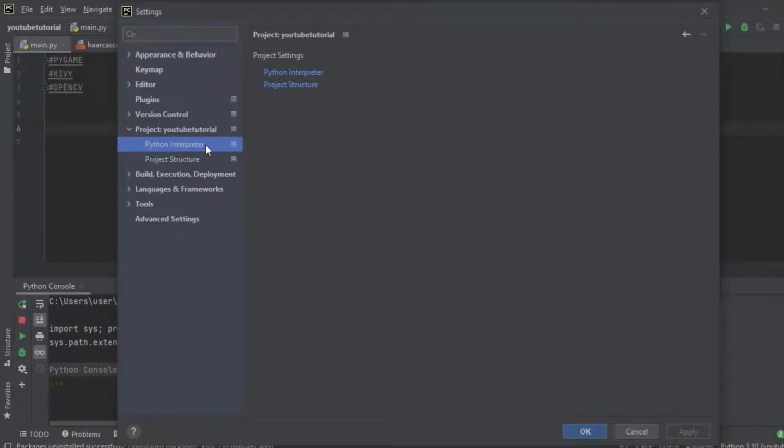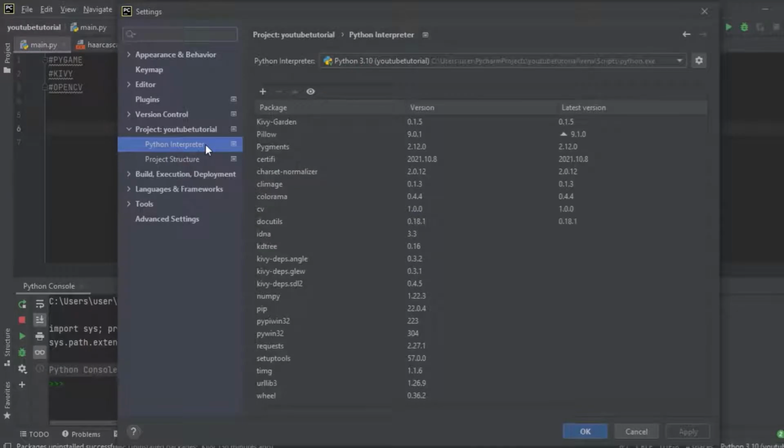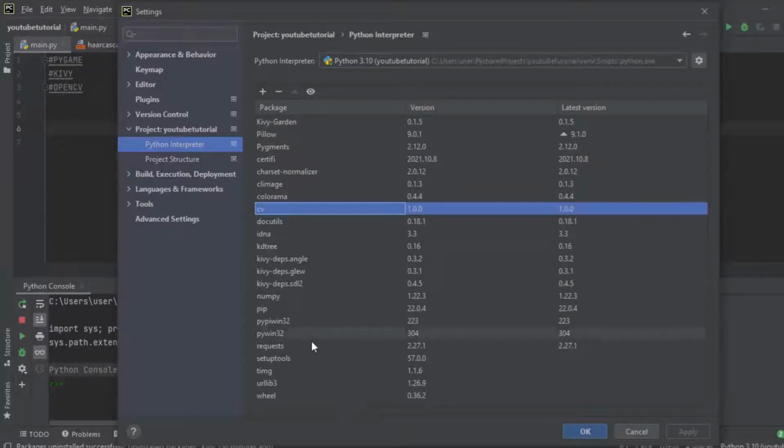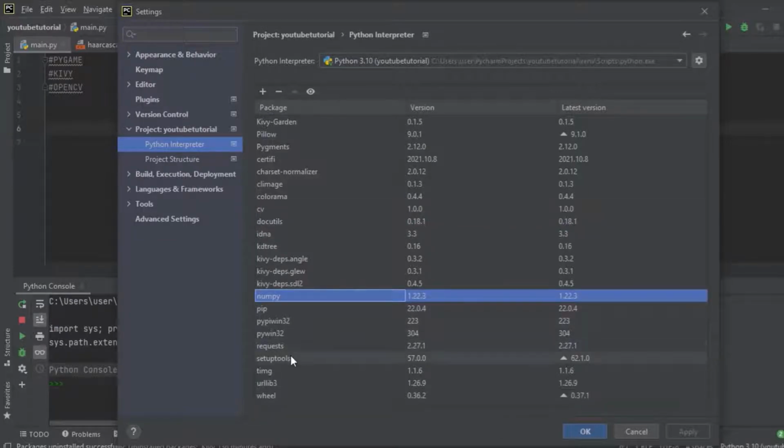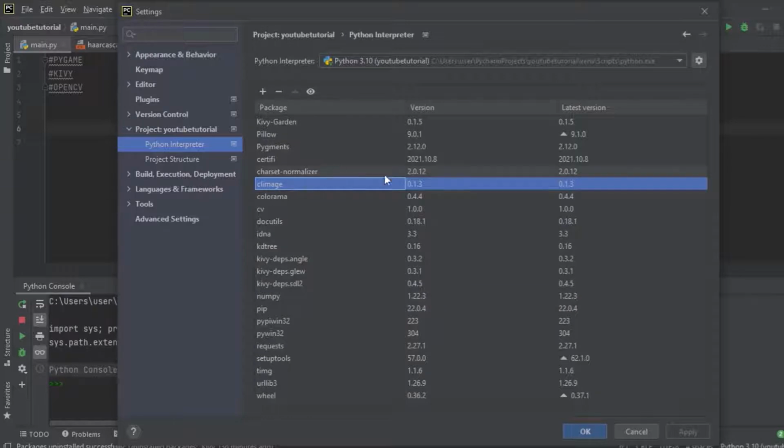Then go to Python Interpreter. When you go to Python Interpreter, here are the packages that I have installed, for example some of them OpenCV, some of them NumPy, and other packages like that. So here's what we are going to do first, for you to be able to install it directly from the PyCharm